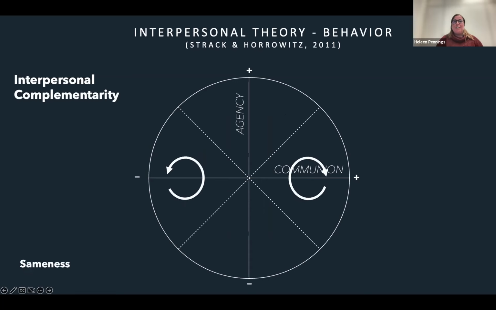Another part is the complementarity on communion, which actually states some kind of sameness. So if I'm friendly, then you also will react friendly to me. If I'm hostile, like previously with this question that I asked you, and I would say, well, this is a really weird answer that you gave, then you would have thought, well, Helene, you can say everything you want, but you are not a nice person. I will leave this webinar.